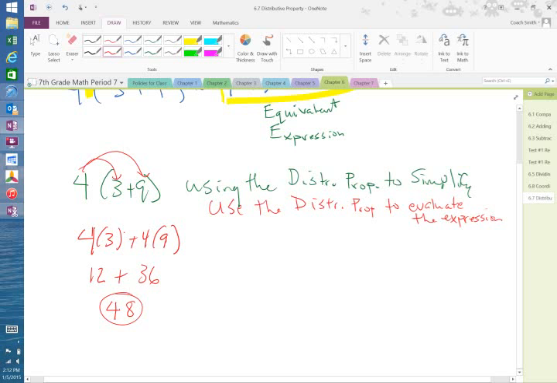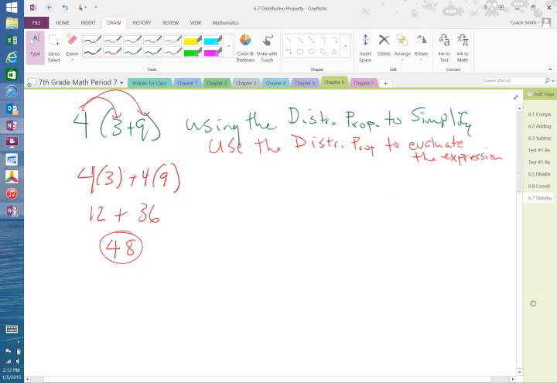Now, some of you may be going, well, why don't I just take 3 plus 9 and get 12 and then multiply it times 4? It's a good question. Because we need to know the distributive property, because it's something you're going to use from now till the time you get out of high school, and then if you take more math, in college. Because most of the expressions that you're going to